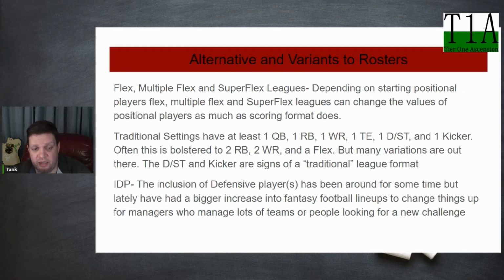So what I mean is flex usually has wide receiver, running back, tight end. There's a couple leagues I play in where they have one or two of those types of flex, and then another flex is just wide receiver and tight end, or it's wide receiver and running back. So they can mix it up just to put more value on certain positions. Another way they can do this is the points per reception. Say they put more value into a tight end, but they don't require you to start one.